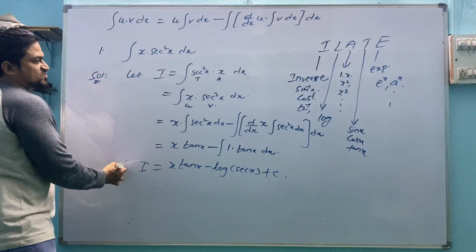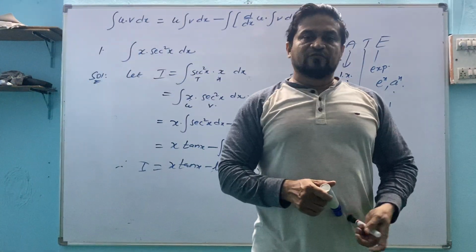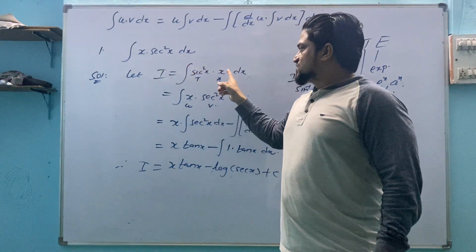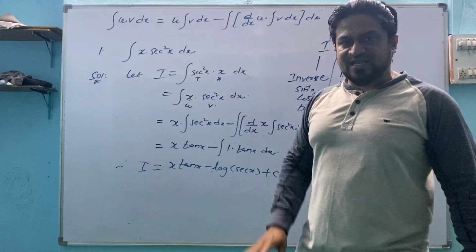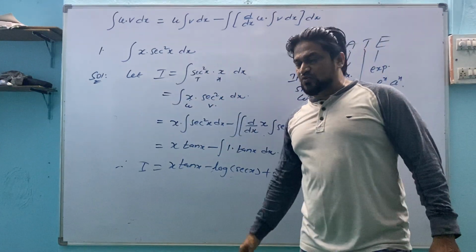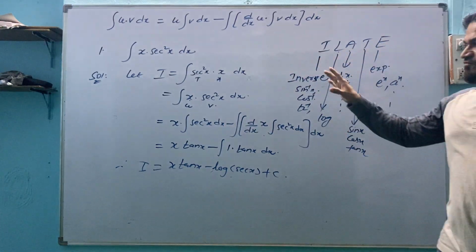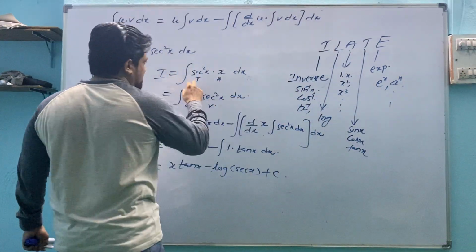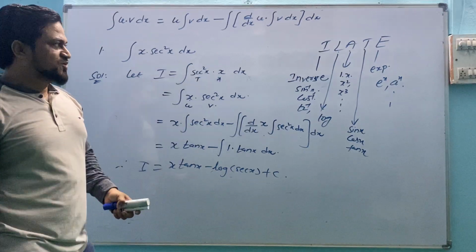Things to remember in this one: how to apply UV form. In UV form, if the question is given as secant square into x, you have to check that two multiples are there. One is taken as u, another is taken as v. Which one is taken as u? Based on the ILATE arrangement, you have to think of which one is u. Because the algebraic term is there second, we have to write it first, then trigonometry second. Because of that arrangement, we then just substitute the values.